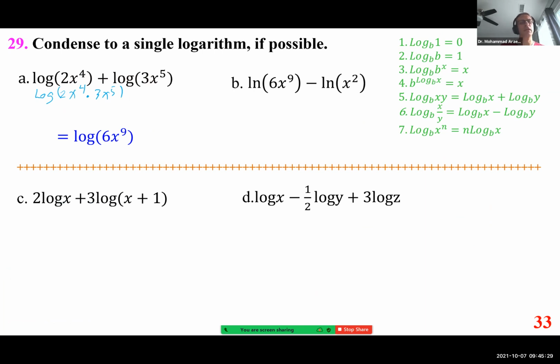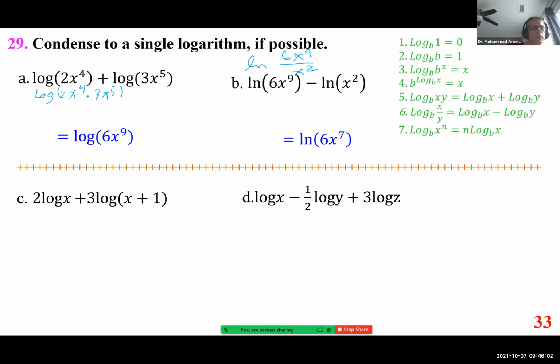If you look at part B, we are using the quotient rule. So it becomes the ln of 6x to the power of 9 over x squared, which is ln of 6x to the power of 7. When we look at part C,